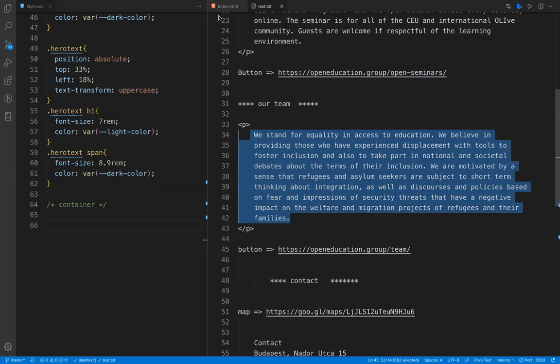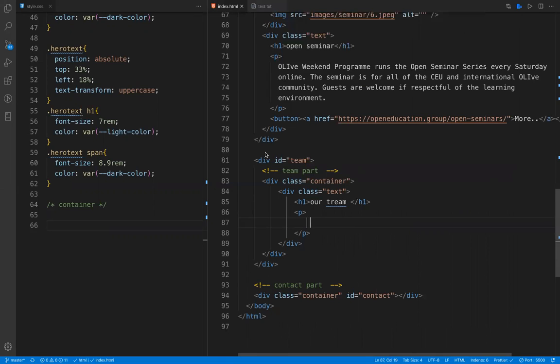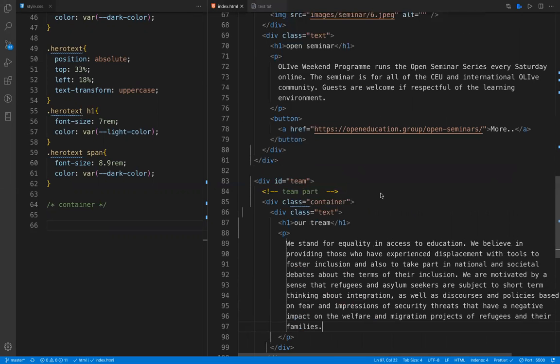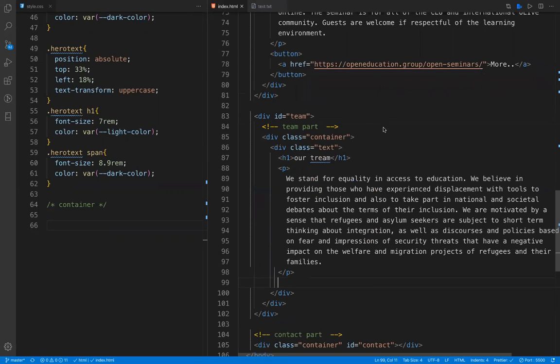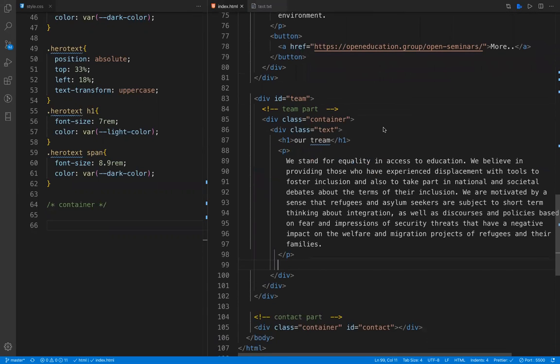You can write whatever you want to make something for yourself. It's possible to do anything. Okay, after the p tag, I'm going to use a button like the previous one,